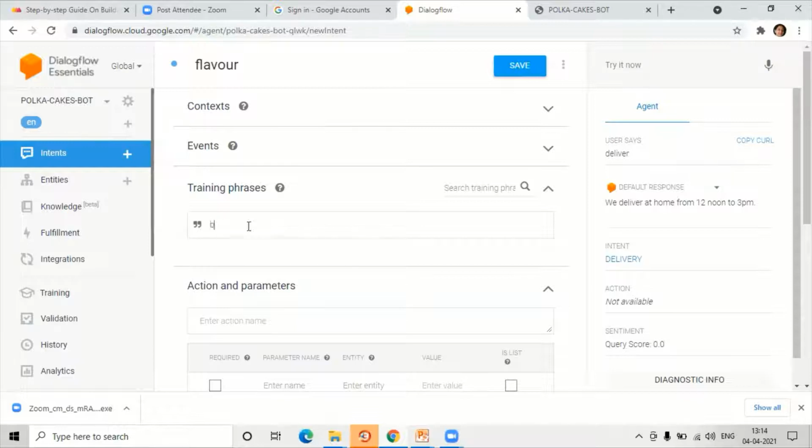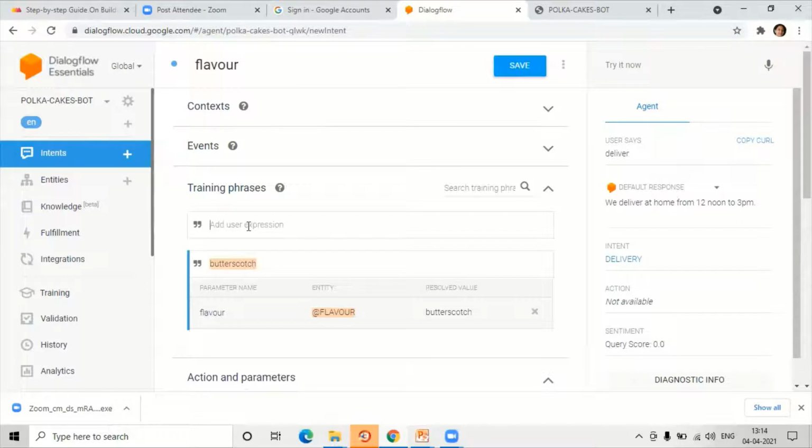The flavors that we are giving include butterscotch, so people might write butterscotch. You see, automatically, when I type butterscotch, it has picked up the flavor entity. In the flavor entity, we have given butterscotch, black forest, mango, pineapple. Whatever the person types here, such as pineapple, it will pick it up as it is connected to this flavor entity that we have just created.